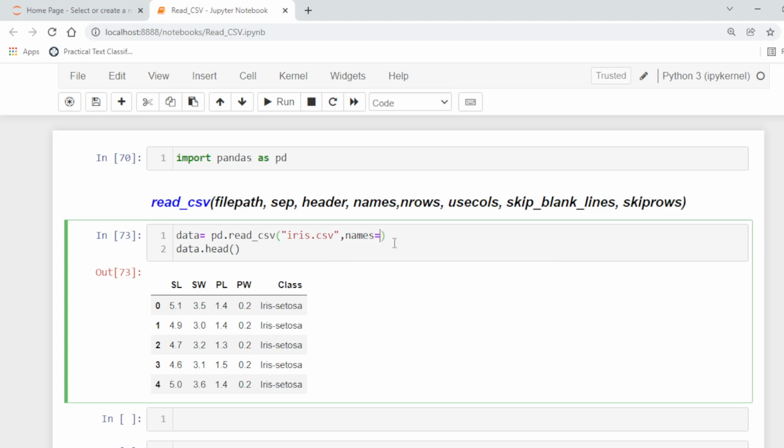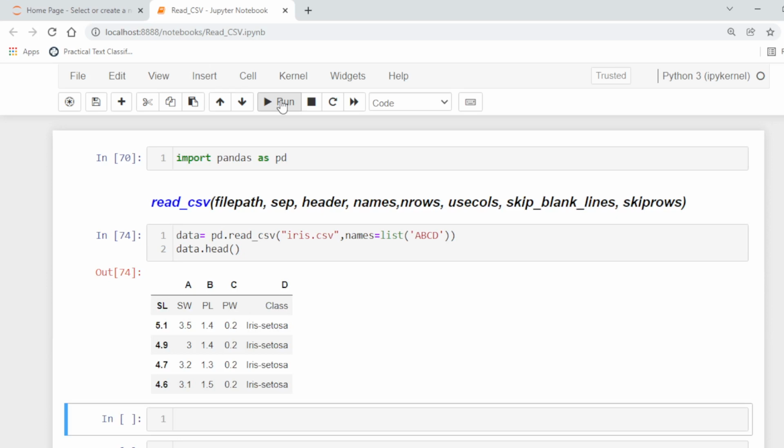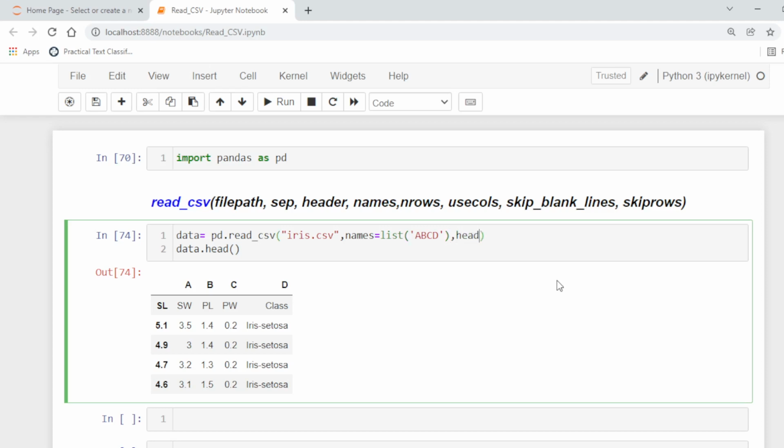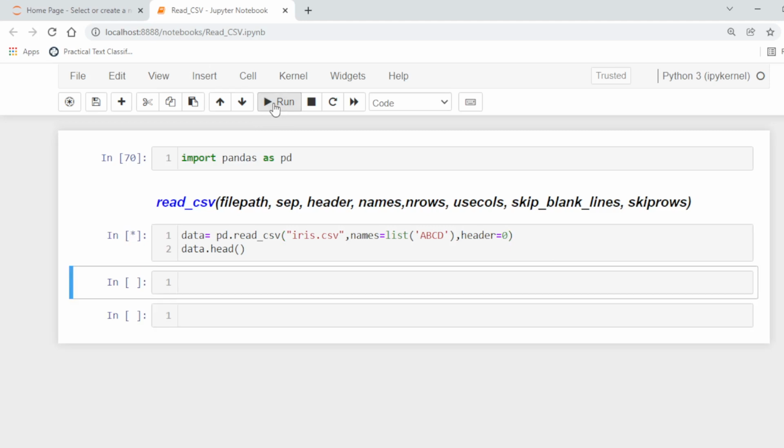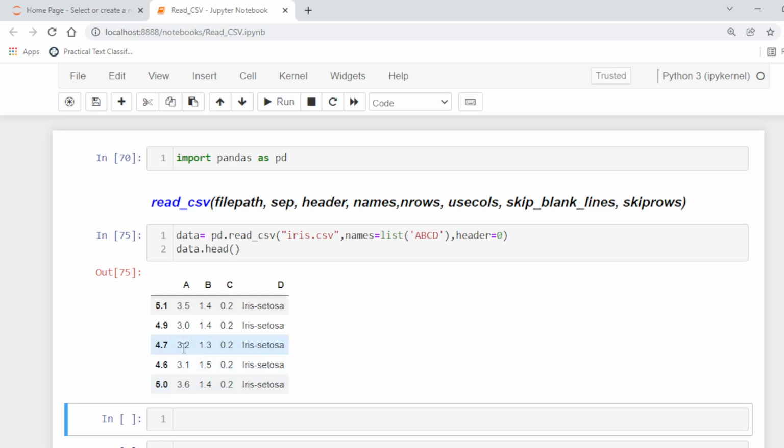For example, names is equal to a list A, B, C, D. In this way it will change the column names from this to that. And if for example you write header is equal to 0, it will override the names, the header column names stored in the file.